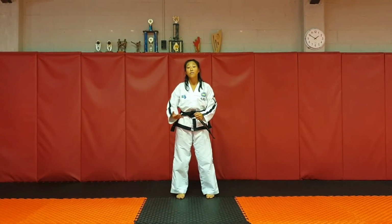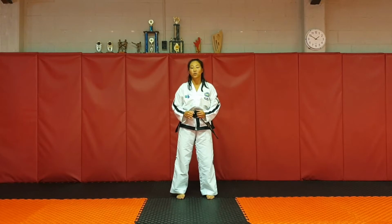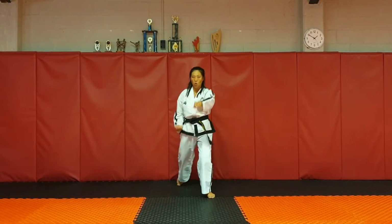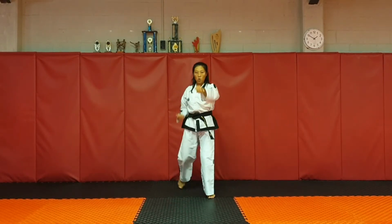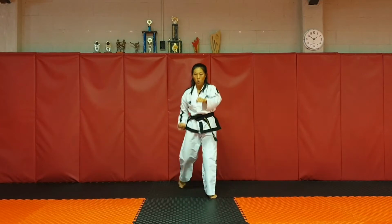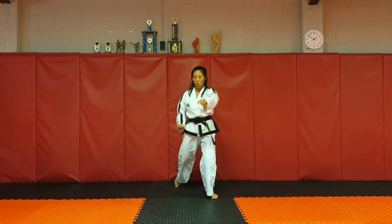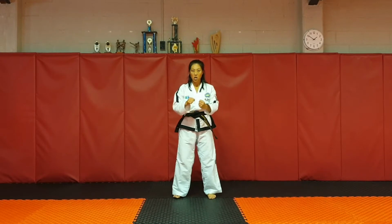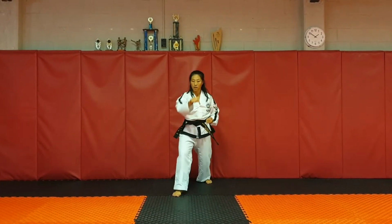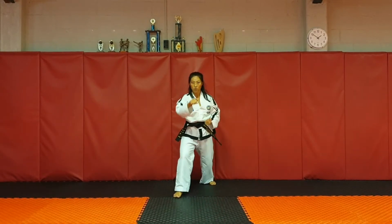Right, as part of our routine, we're going to go over these basics in the class so that you get lots of practice, lots of rehearsal at these fundamental movements. Walking stance punch. Practice the other side. Hana, dul, set, net, dasot, yeoseot, ilgop, yeodeol, ahop,